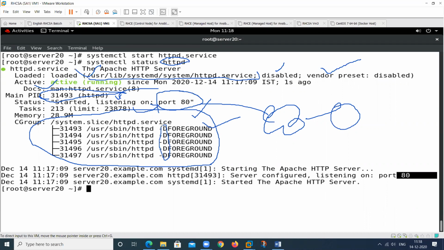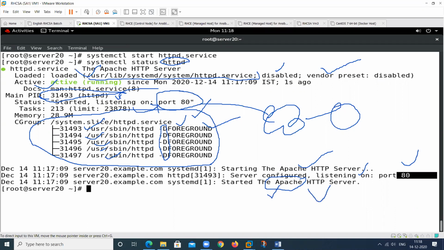These five processes are running in the foreground, not the background. So this is Apache. Listening mode is on, on this particular port. This is also called the web server, the Apache server, the HTTP server.